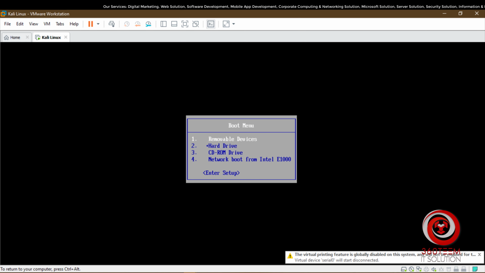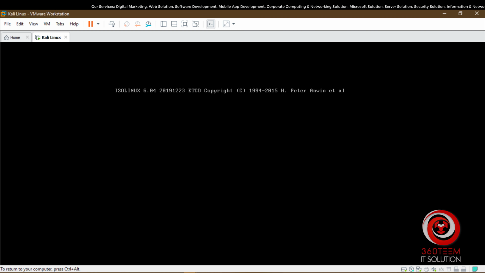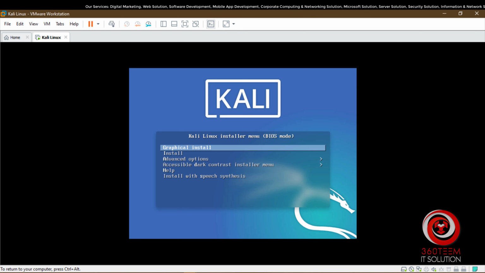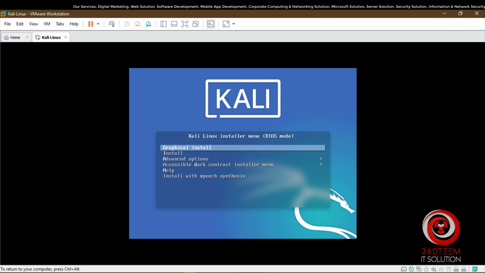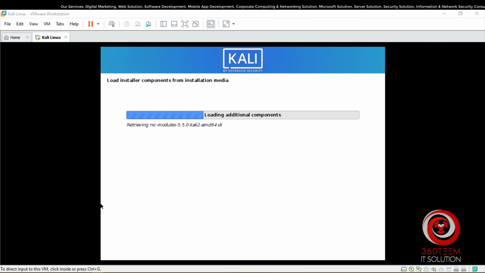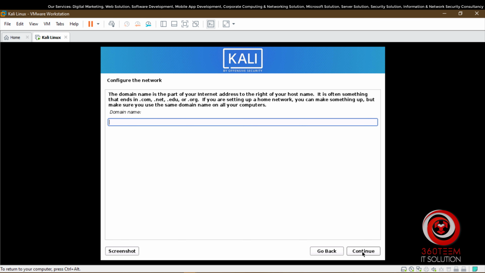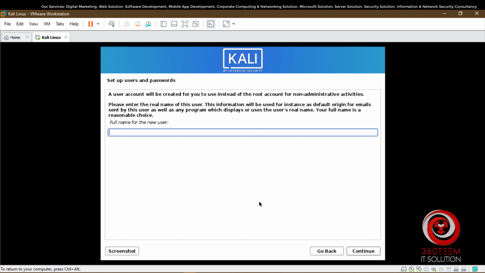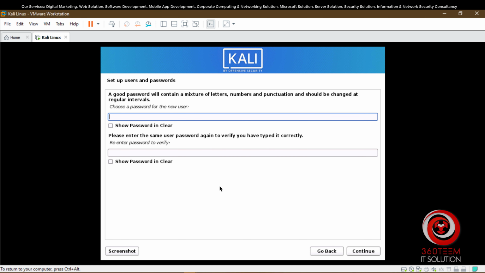For the boot menu, I have to press Escape and select the CD-ROM. Install, graphical install. It will take some time for other configurations. Password.